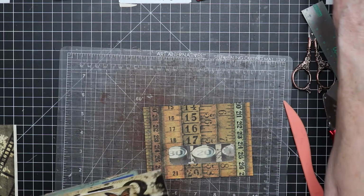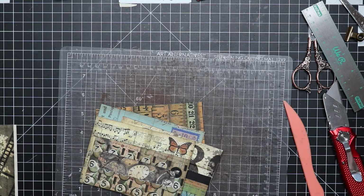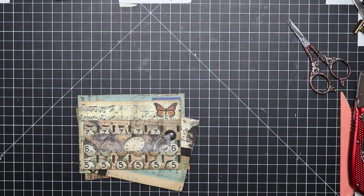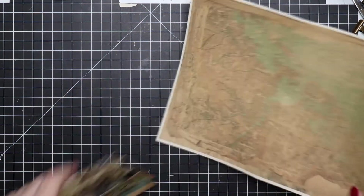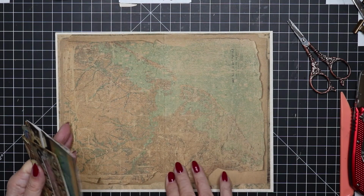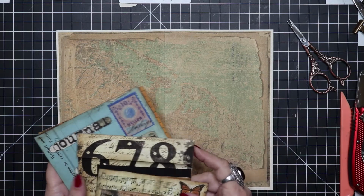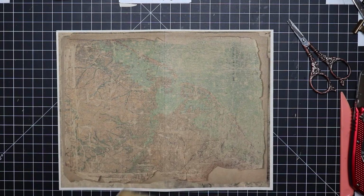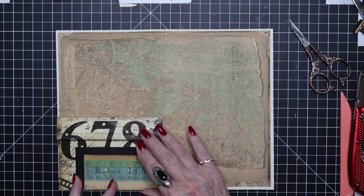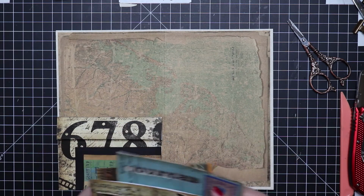We'll proceed now with looking for a position. Hang on while I find my backing sheet. Okay, here it is. I folded it in half so I can see where my center line is, and I don't want to do the exact same positioning as on the other one, so I'm going to maybe try this,